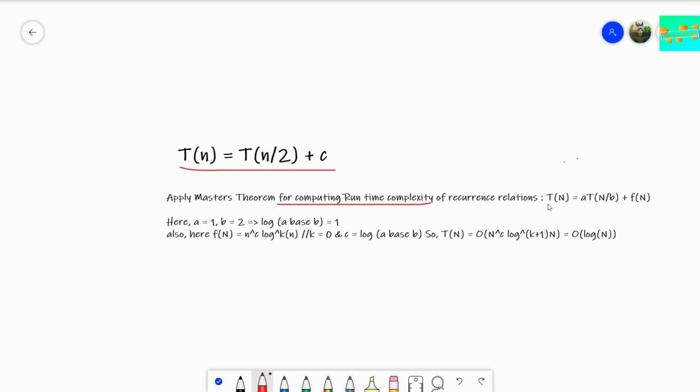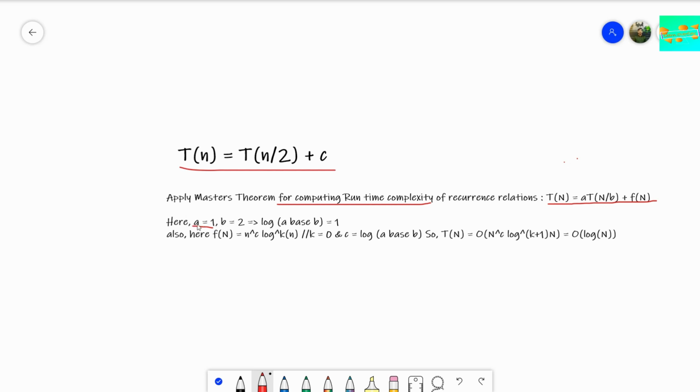If we apply Master's theorem, we can see that it's basically T of n is a into T of n by b. Here we know that a is 1, right? We are applying the second rule, case 2 of Master's theorem.